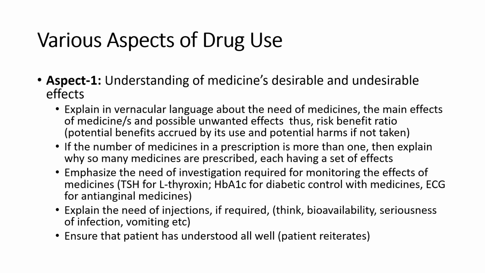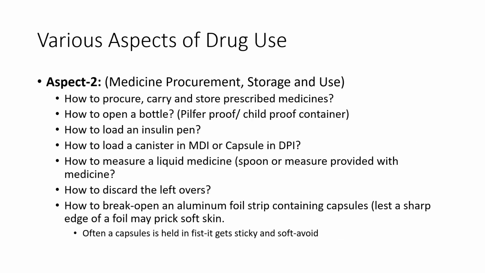Emphasize the need of investigation required for monitoring the effects of the drug. Many examples can be given: TSH for levothyroxine, hemoglobin A1C for diabetic control, and ECG for cardiovascular diseases. Explain the need for injection if required. Ensure that patient has understood all well. That is. Now, aspect 2 is